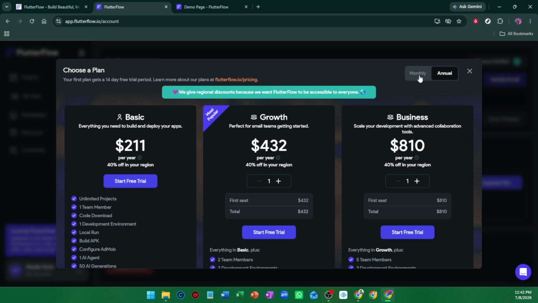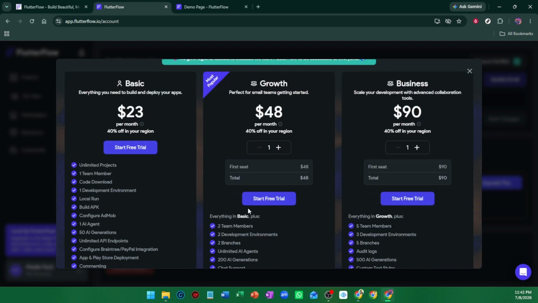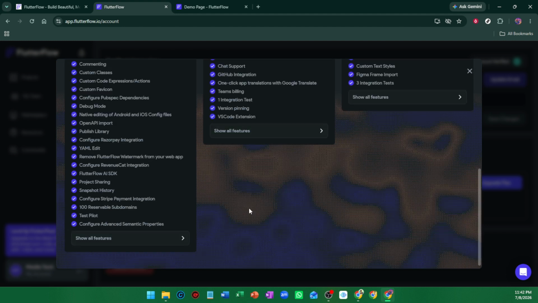Annual billing generally offers a discount of around 25%, so if you already know you'll be using FlutterFlow long term, that can be a useful way to save. If you're upgrading to a growth or business plan, FlutterFlow will prompt you to either select an existing team or create a new